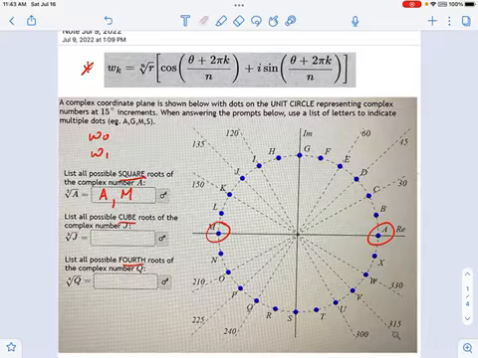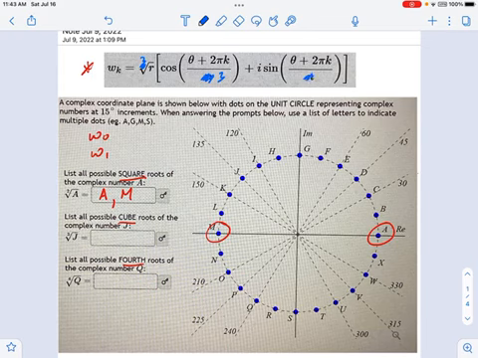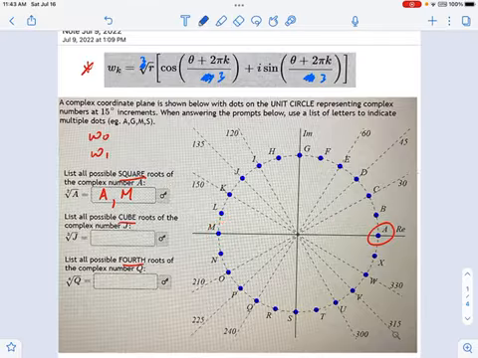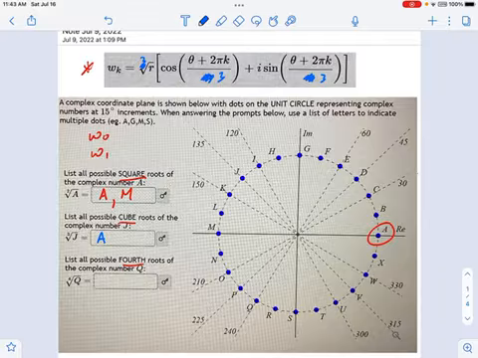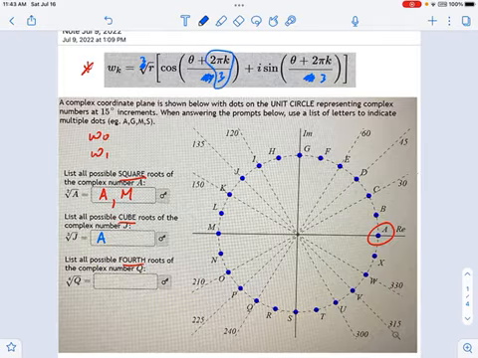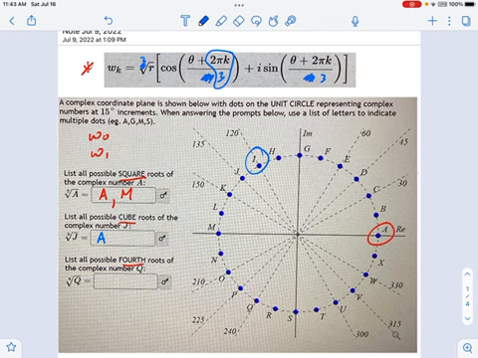Now, let's move on to cube roots. Okay, so for cube roots, I'll do these in blue. In cube roots, we're going to be setting n equal to 3. All the n's go to 3. Well, what's the third root of 1? Right, it's just going to be 1. So we know it's still going to be somewhere on this unit circle. The question is, I need to first divide 0 degrees by 3. Well, that lands me at the same position, A again. It's kind of funny. And then as you add portions to it, we're adding portions of 2 pi over 3. So the first portion of 2 pi over 3 is going to land me here at I. And the second portion of 2 pi over 3 is going to land me here at Q.